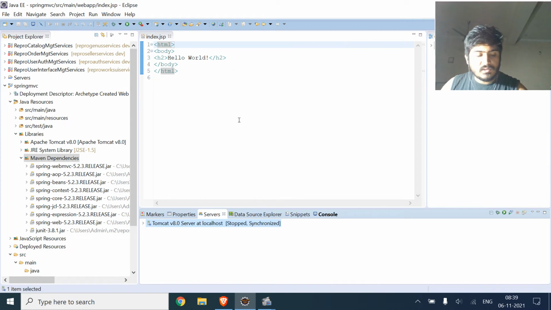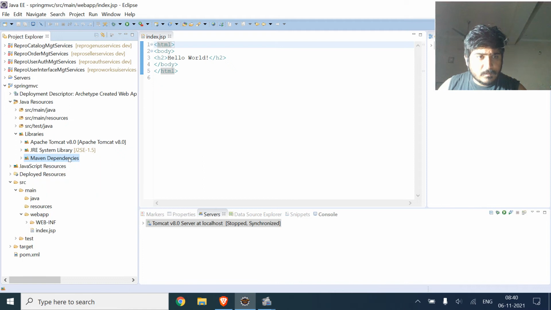So first of all, the first step is configuring the dispatcher servlet. For that, we will just go to our project, web.xml.